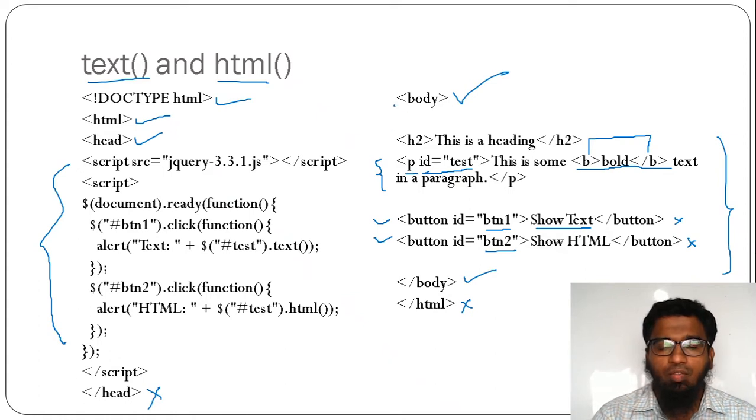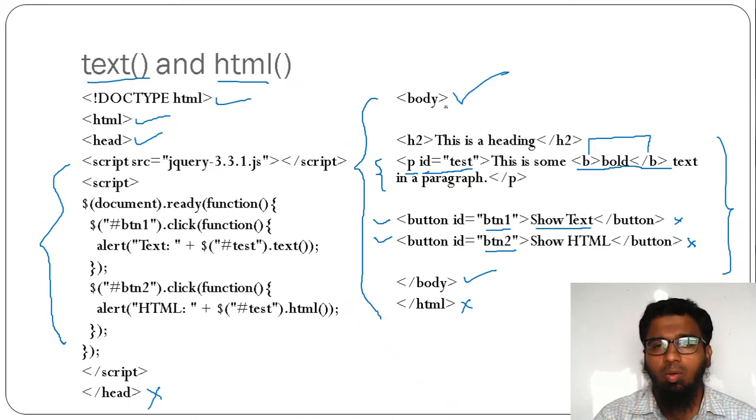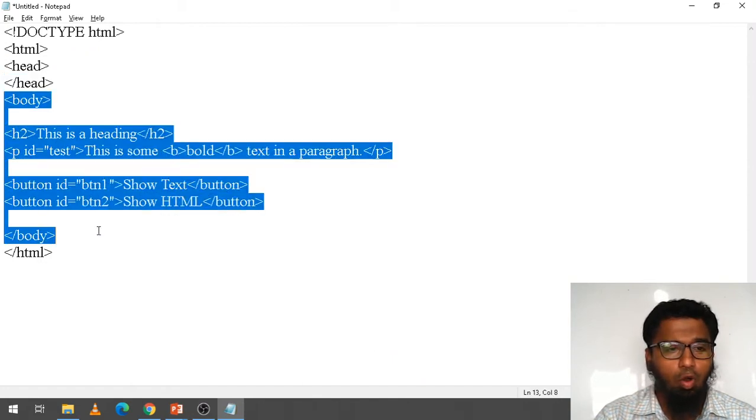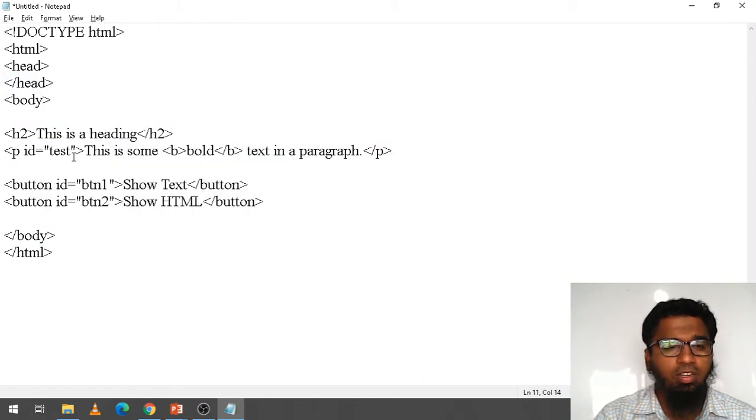So here first I will show you this code, the body code. Here it is already written: document type HTML, head, nothing is there in the head. In the body I have two buttons, one text box and one heading. So I am saving this file.